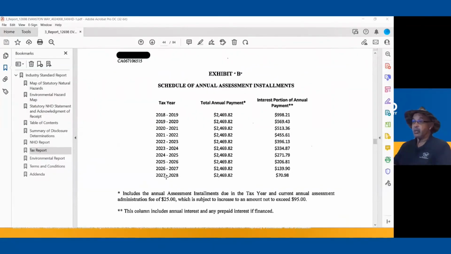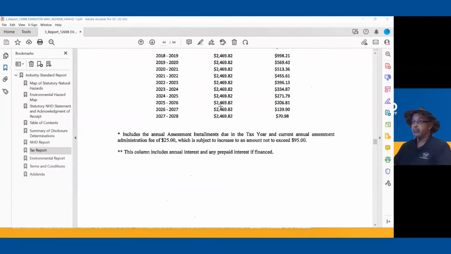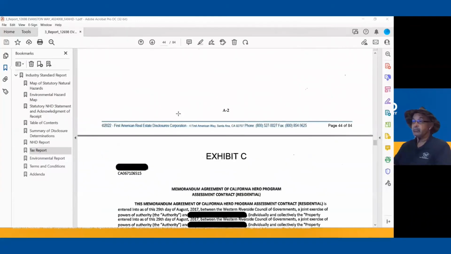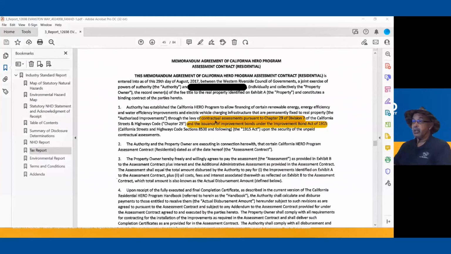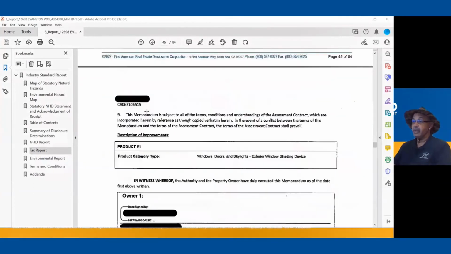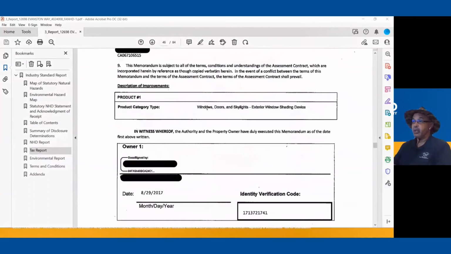It's collected until 2027-28. And here's the section where it identifies that this assessment is subject or authorized pursuant to the 1915 Bond Act. And this first contract is paying for windows, doors, skylights, and an exterior window shading device.